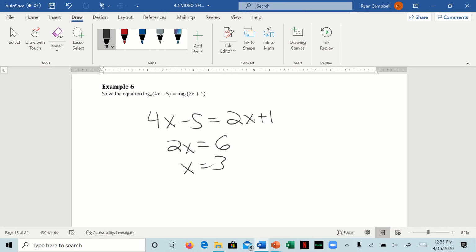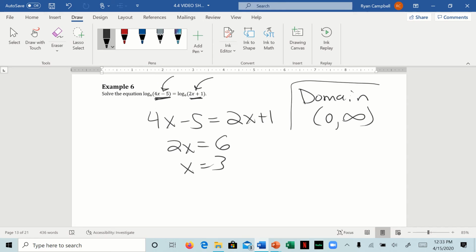Now, the only problem with the logs is that you have to check, because what did we say the domain of a log was? It was from 0 to infinity. And that doesn't mean x is 0 to infinity, it means whatever you're taking the log of has to be between 0 and infinity, right? So because of this, you always have to check for logs,